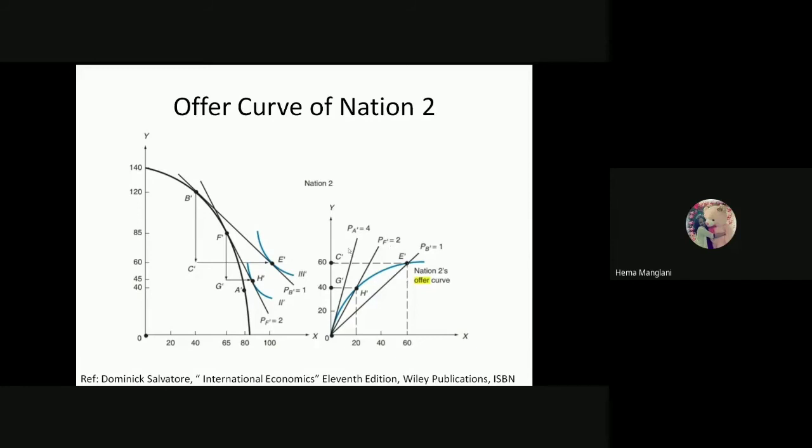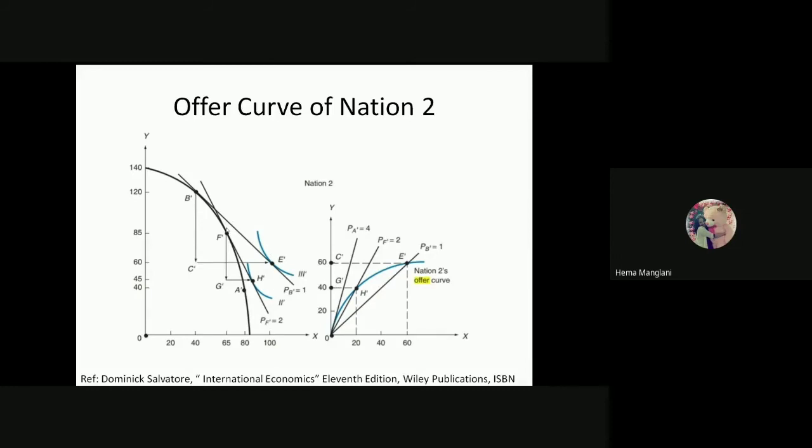So if it is 2 here, okay, then the country's triangle of exchange is this. So the country has to change its terms of trade, and the country would shift from this F point to this B point. Now they have another terms of trade, that is PB dash, which is equal to 1. And the consumption point is now E dash, and it is producing another triangle of exchange. So with this, the country is now able to offer a similar quantity of Y and get a similar quantity of X. So the exchange rate would now be equal to 1.